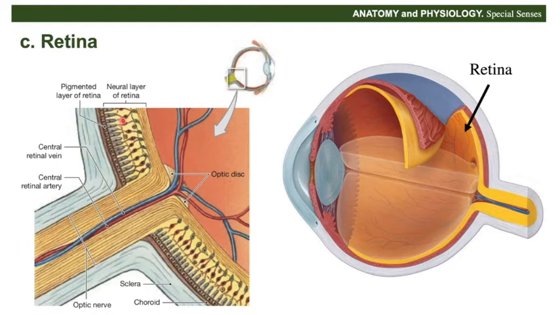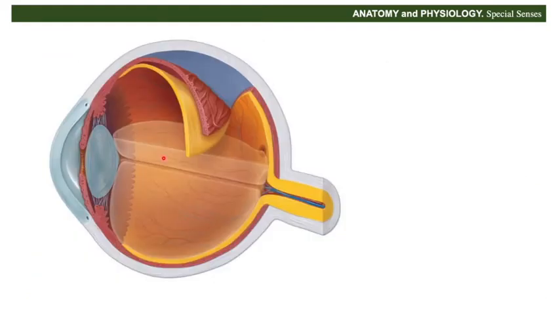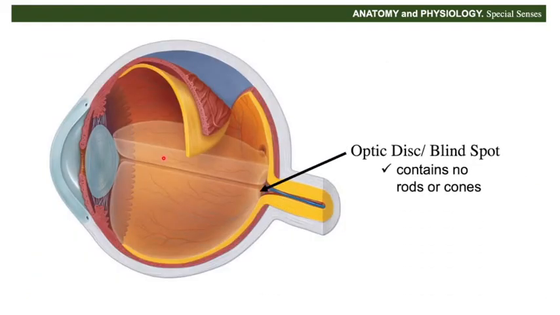The neural layer contains millions of receptor cells, the rods and cones, which are called photoreceptors because they respond to light. These photoreceptors are distributed over the entire retina except where the optic nerve leaves the eyeball, a site known as the optic disc. Since there are no photoreceptors at the optic disc, it results in a blind spot in our vision. When light from an object is focused on the optic disc, the object disappears from our view and